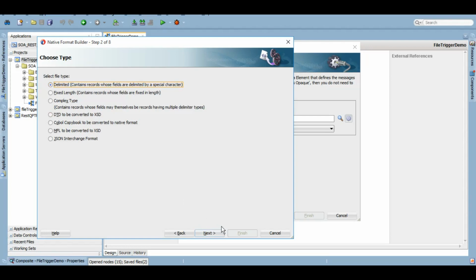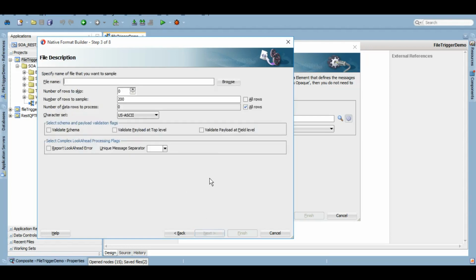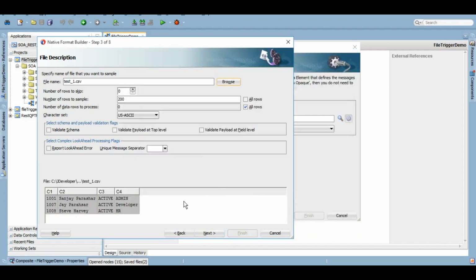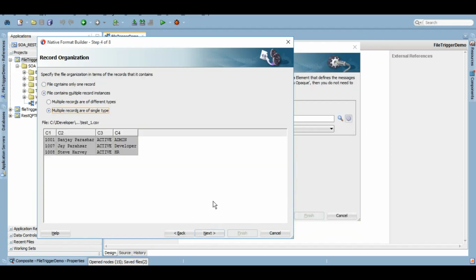It's a delimited file, comma separated. Let's give that file one of the file names. So these are some sample files that I have created. We can take this test1, which has multiple records. Let's click on next. These files have some dummy data which we would want to insert into a table